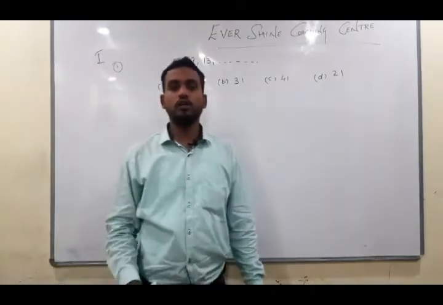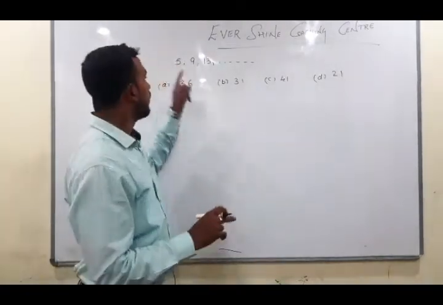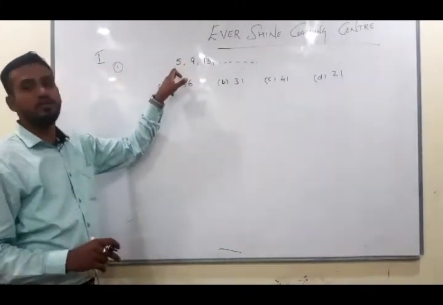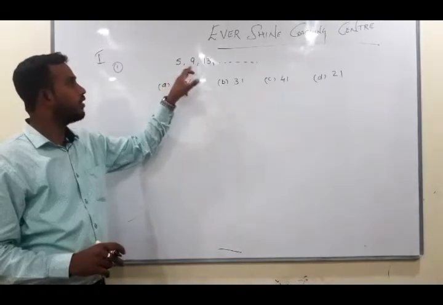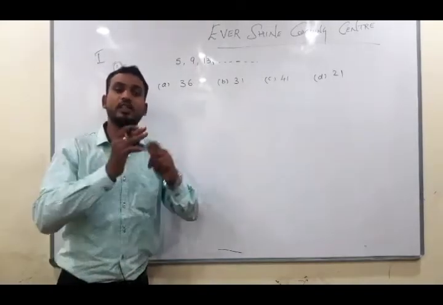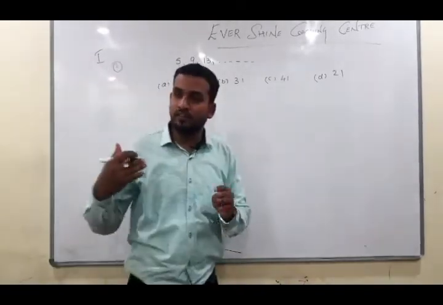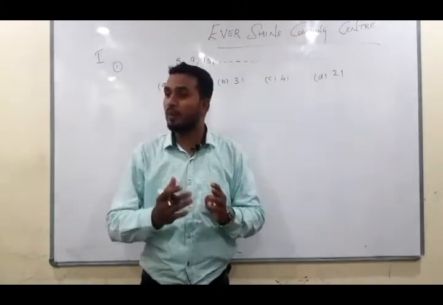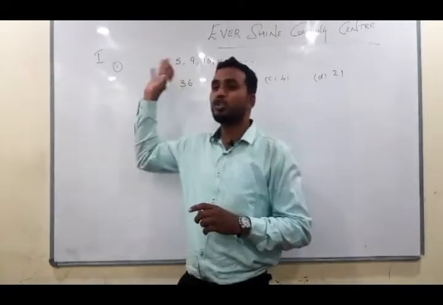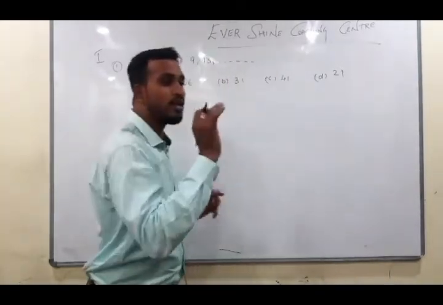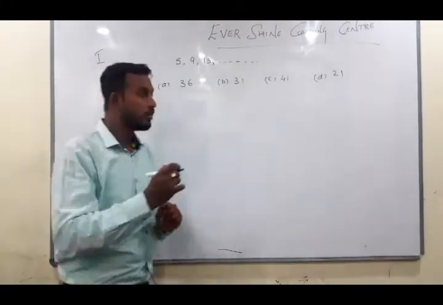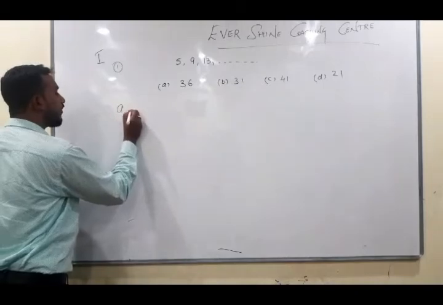Here we can see the question is, we need to find the 10th term of this AP. See here, what is 9 minus 5? 4. 13 minus 9? 4. That is nothing but it is in AP. It means if all the common differences are same, it is said to be in AP. But here in this question, they have already said that it is in AP, so you need not check. Understood? Now, what is the question asking us to find? The 10th term.